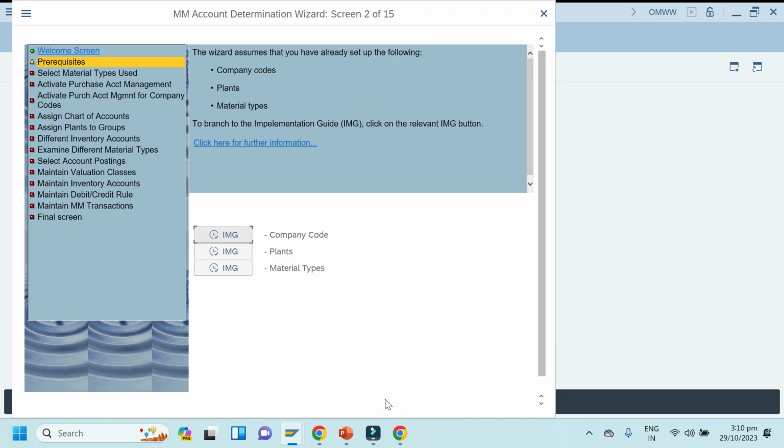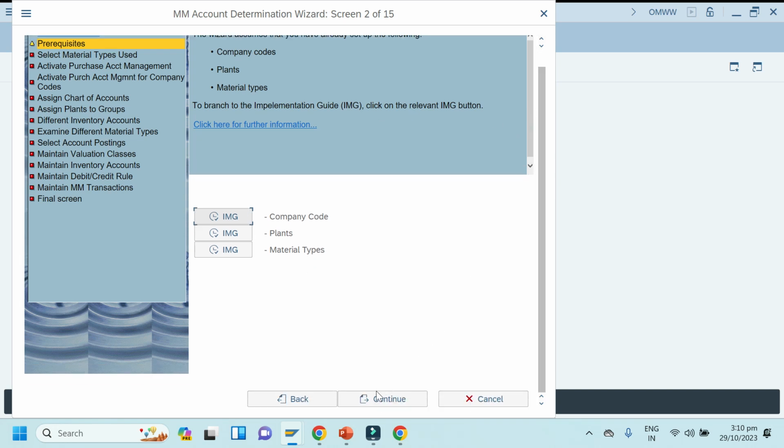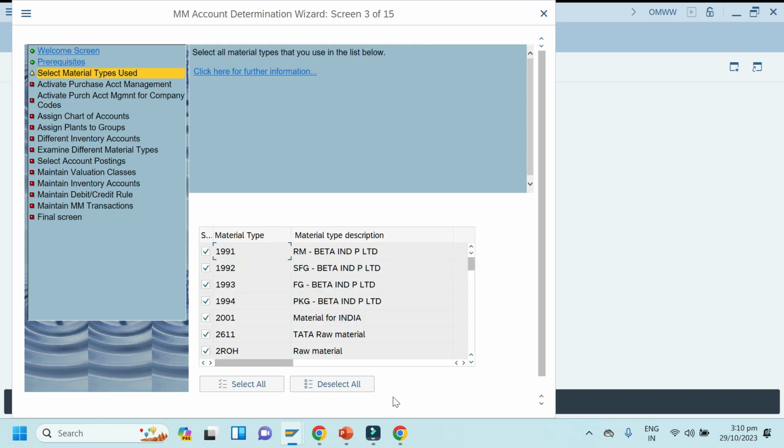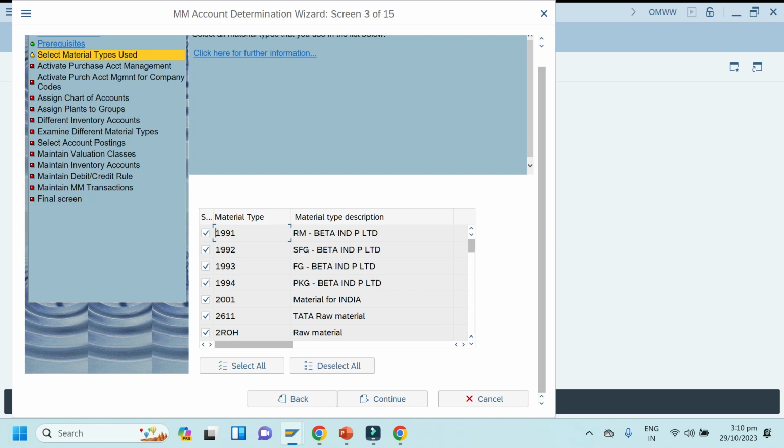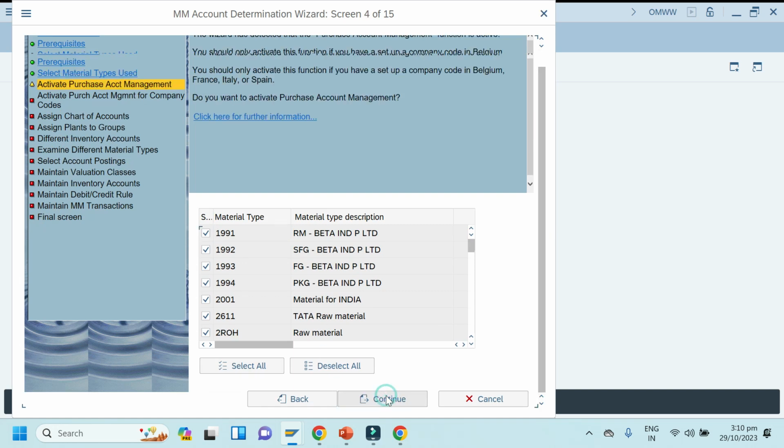Here the wizard assumes that you have already set up the company code, plant and material types. Continue. No need to write it, just see here, this is not important. They have given material types, so continue.